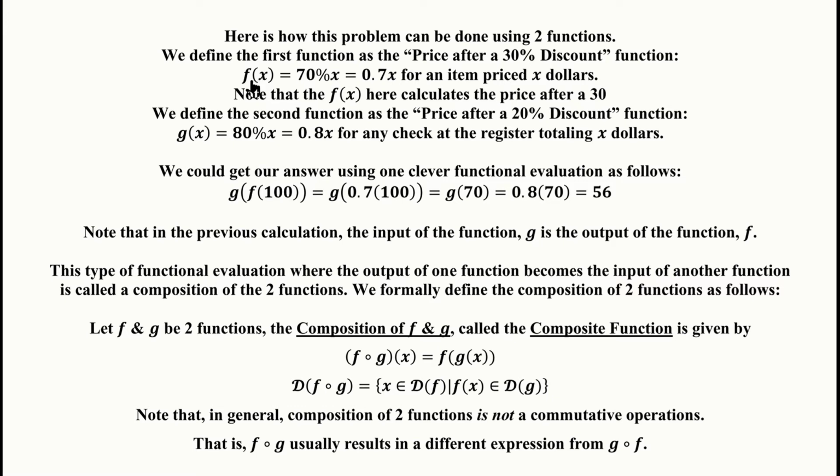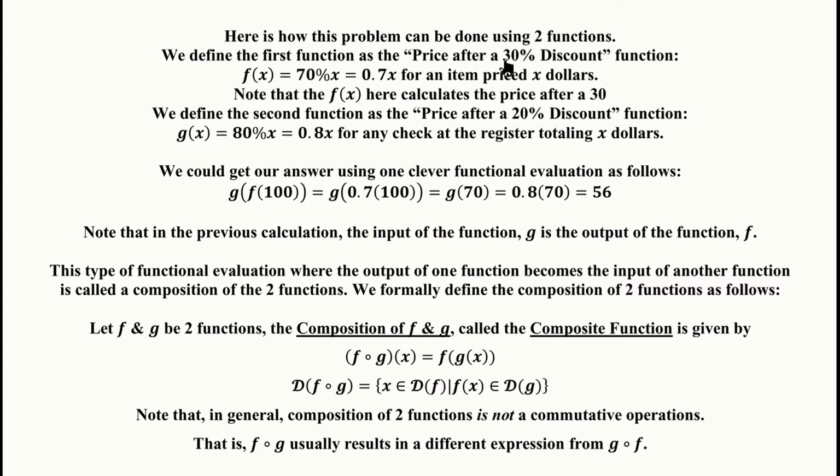So notice that we can create one function called price after a 30% discount. Of course, we'll set that up as f of x equals 70% of x, because remember, we want this number here to be what you're actually going to pay, not just the discount. If we just wanted to compute the discount, we could have used 30% of x. But to make it easy, we'll just calculate what you're actually going to pay. So f of x equals 70% of x will tell you how much the price of an item is once